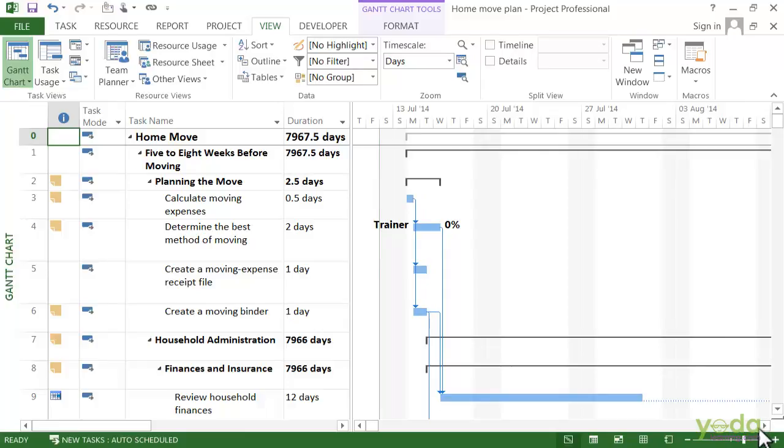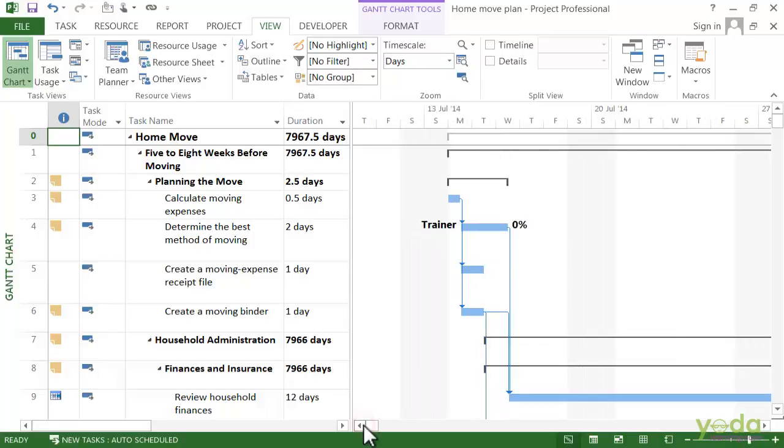You can also use the zoom slider to change the time units, but it's not as accurate as choosing a unit in the time scale box. Down at the bottom right, just drag the zoom slider. So this will make it more clear to understand. If you want to move things a little, you can always move the horizontal scroll bar down at the bottom to reposition the date range in the time scale.